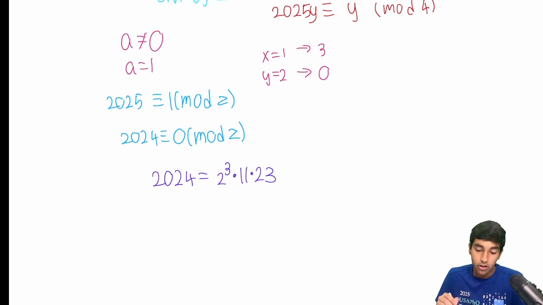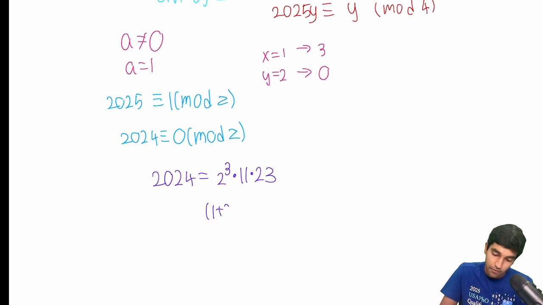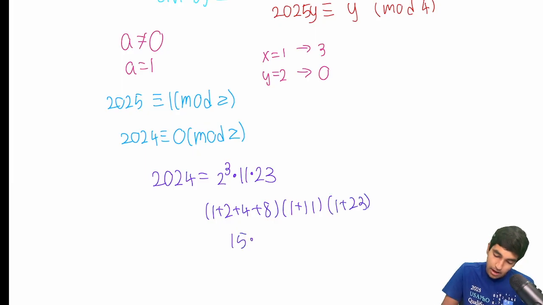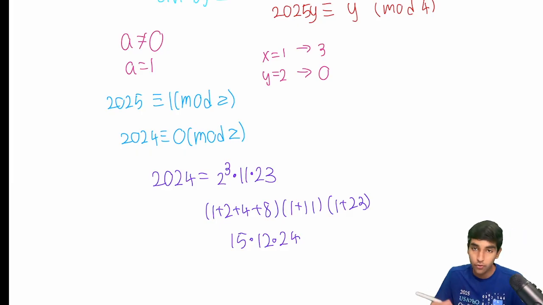And so what is the sum of the factors? We use our standard sum of factors trick. Pretty straightforward. 1 plus 2 plus 4 plus 8, times 1 plus 11, times 1 plus 23. That's 15 times 12 times 24. That's 180 times 24. That's